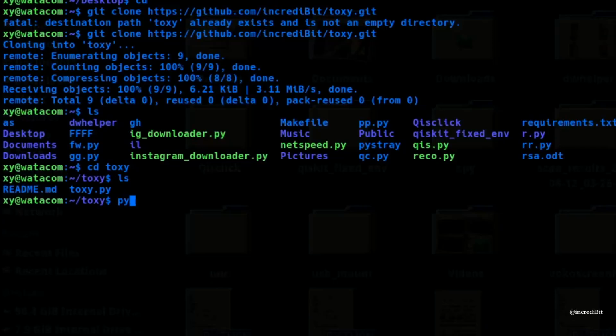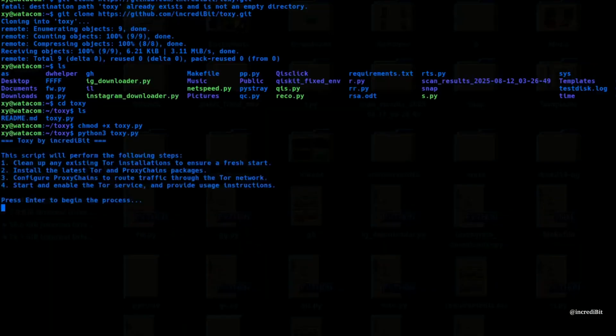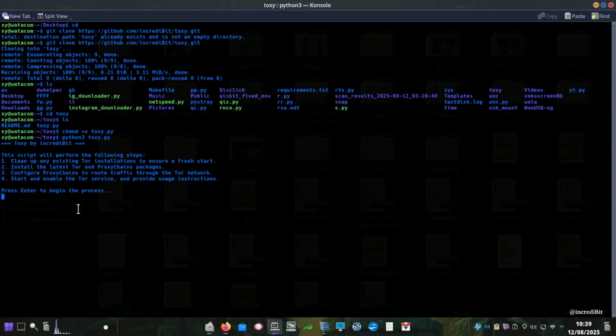So maybe you need to chmod it, chmod +x toxy.py, and then python3 toxy.py, and it will do these things: clean up, install the latest tool, configure ProxyChains, and start and enable the Tor services. So just press enter and everything should be installed, and you must be root: sudo python3 toxy.py